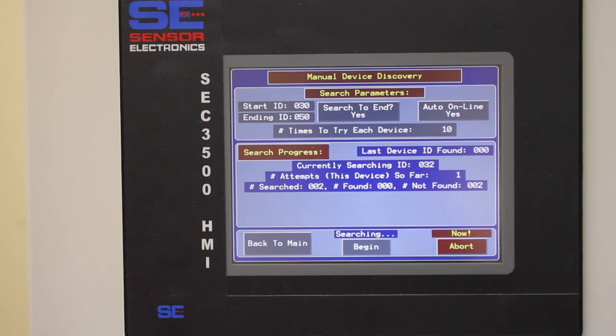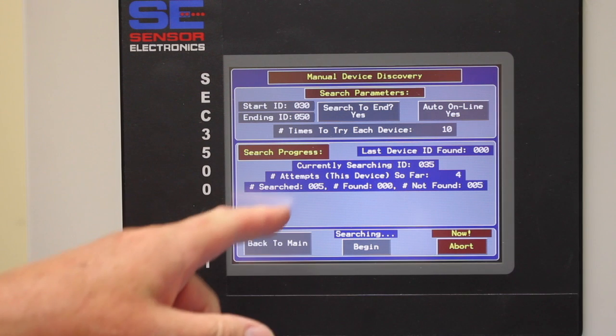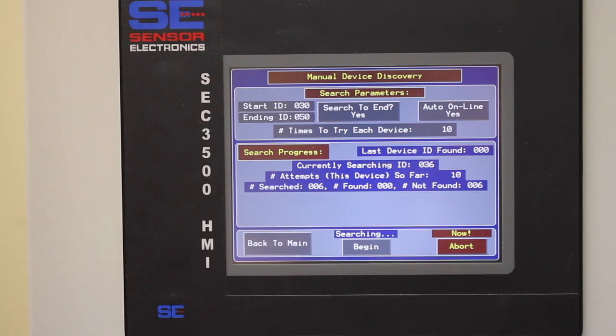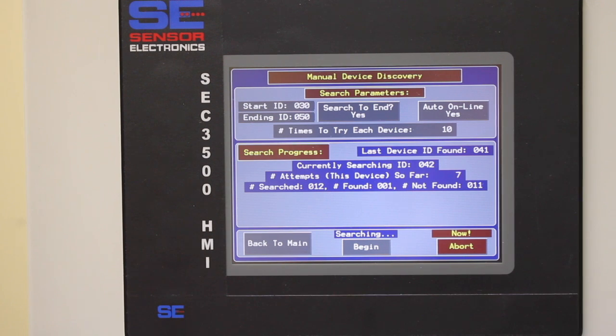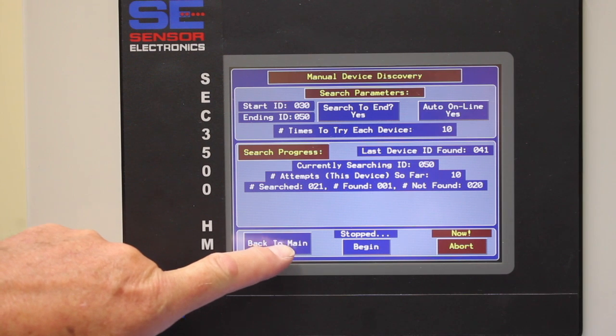It tries 10 times for each sensor ID, so it searched through 4, 5, 6, and you can see that it hasn't found those detectors because they're not resident on the highway or they're not wired correctly, but it did find ID number 41, which is the only one that we're really trying to add to the data highway. And once it completes its search to number 50, you can go back to the main screen,